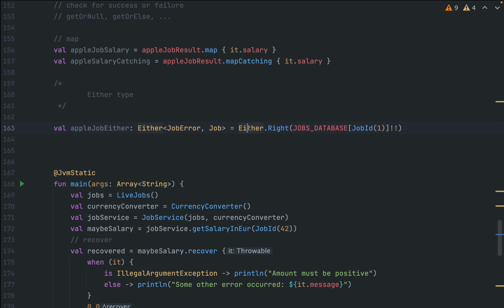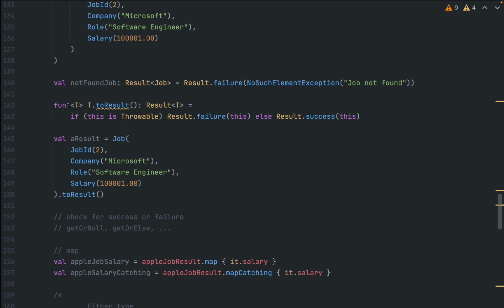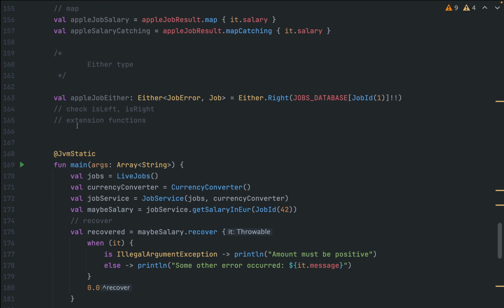You can also build Either.left with a JobError instead. Obviously, you can check whether an Either is a success or a failure. So check isLeft or isRight, just like isSuccess or isFailure for the Result data type. You also have extension functions. Just like we had for Result, the kind of stuff that we wrote, Arrow provides